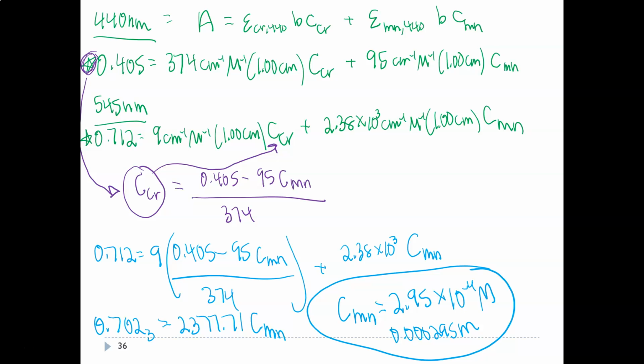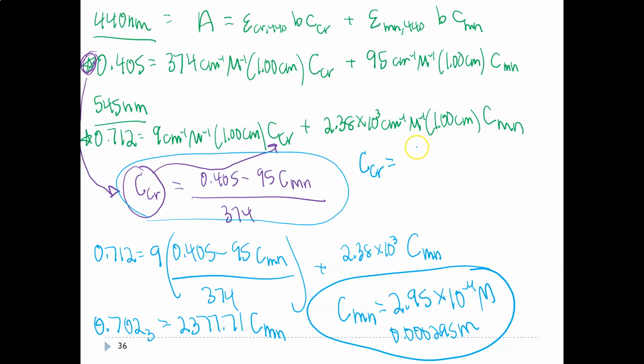So that's awesome. I've got one of the concentrations, but what I need is the other concentration. So what I'm going to do now is just take this number and substitute it into any of the equations that I've written up here to solve for the concentration of chromium. So we could do that literally with any of them. So we could take this equation right here and substitute that in for the concentration of manganese. It really doesn't matter